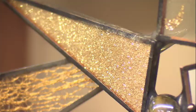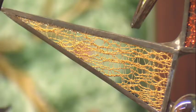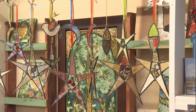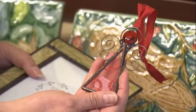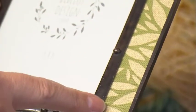Stained glass is one of those products a lot of people ask about, but you just don't see it so much anymore because it's fairly expensive to make, it's hard to find the glass, and it's a lot of work. So we just don't see as much. So Christine has kind of adapted what she does by making these beautiful glass pieces and putting fabric inside to